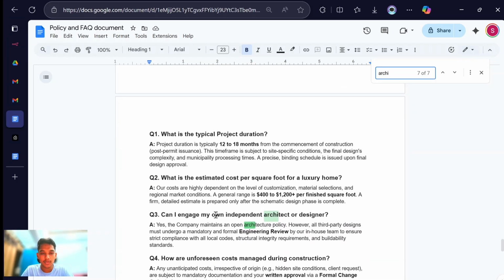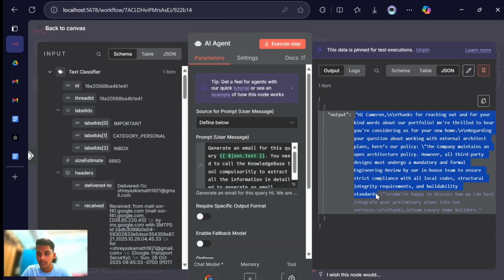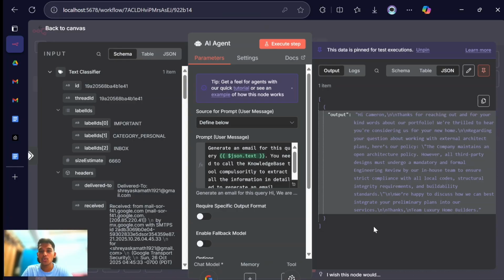It's over here. This is the question which I asked, but in a different way: if I could use my own architect instead of your in-house architect. It's the same thing, engineering review by our in-house team to ensure strict compliance with all local codes, structural integrity requirements, and buildability standards. As you can see, it's over here, right? So yes,